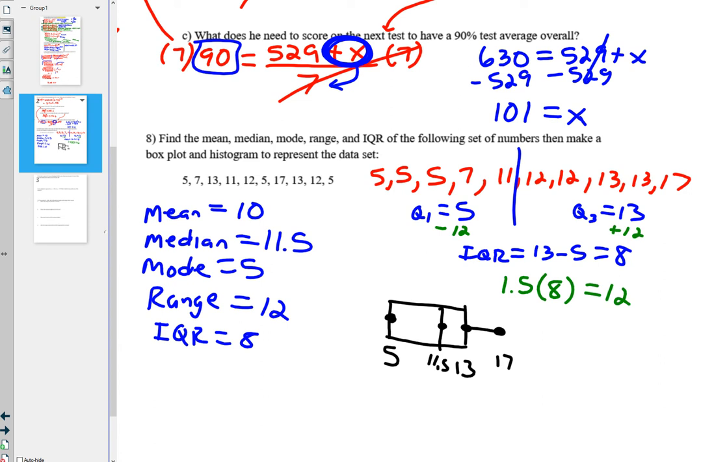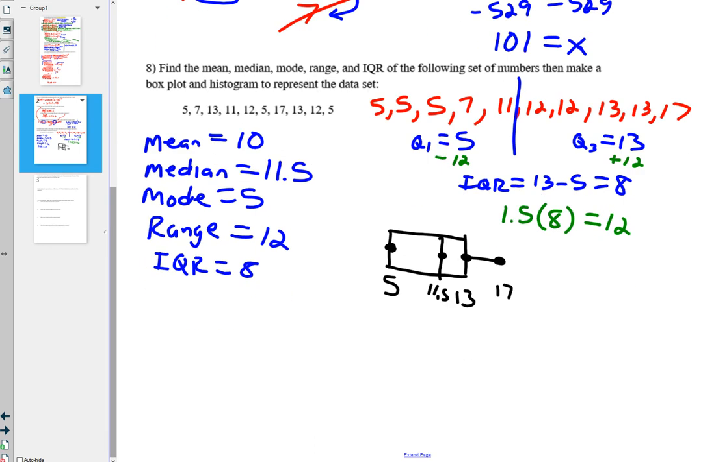Why is there no left whisker? Because the min is the same as Q1. For a histogram is like a bar graph. There's more than one way to arrange this. You might want to arrange this in like,